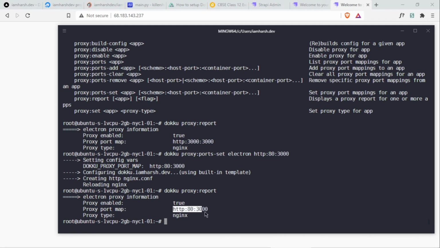So we will forward users to port 443 for SSL. In our next video, we'll configure an SSL certificate on a domain on our Dokku application.